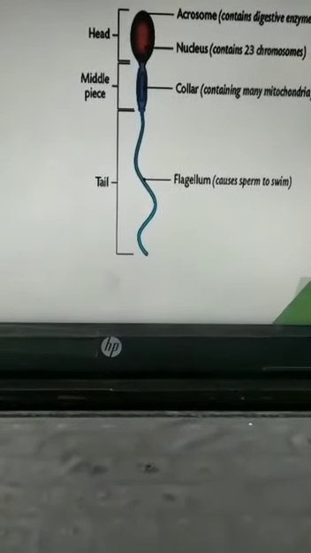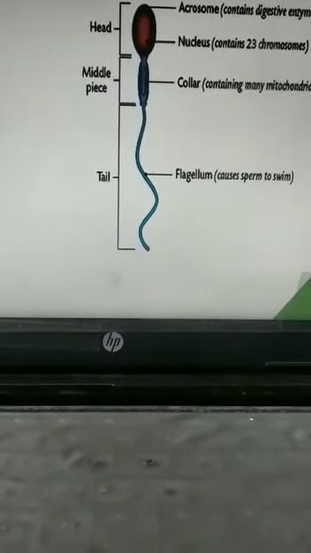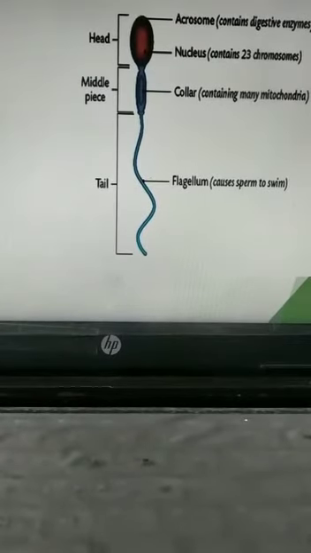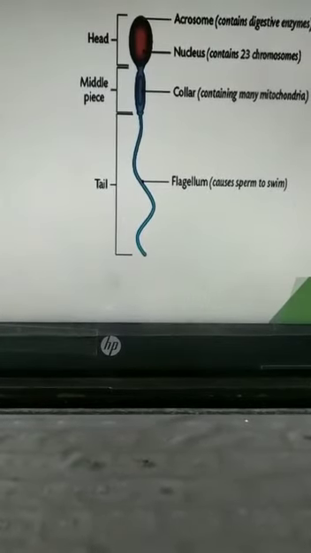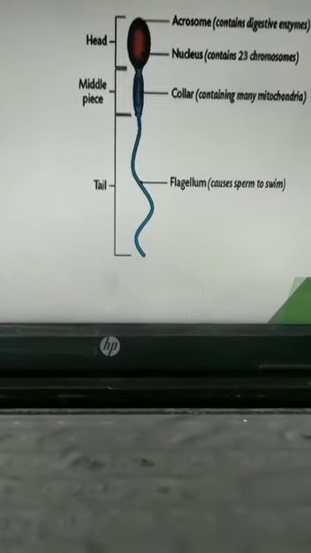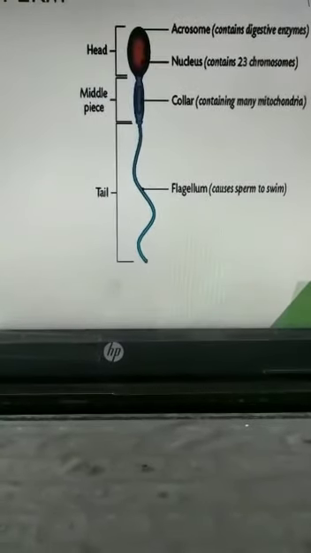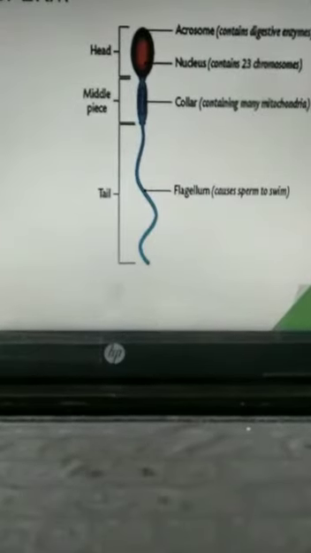A human male ejaculates about 200 to 300 million sperms during a coitus. Seminal plasma along with the sperms constitute the semen. For normal fertility, at least 60% of sperms must have normal shape and size, and at least 40% of them must show vigorous motility.